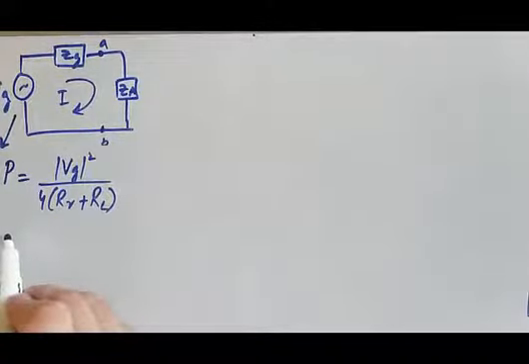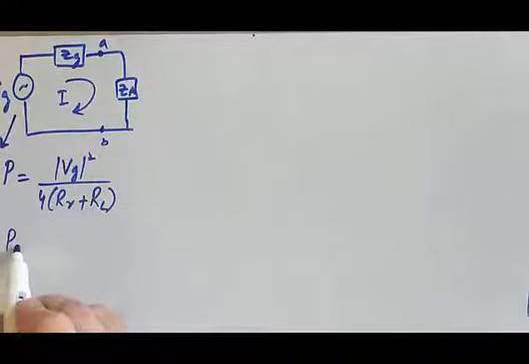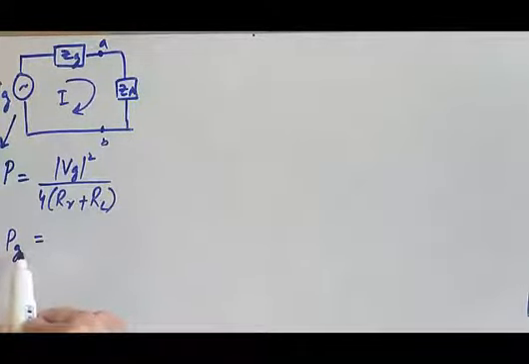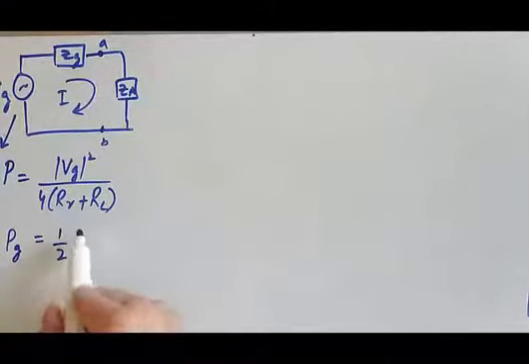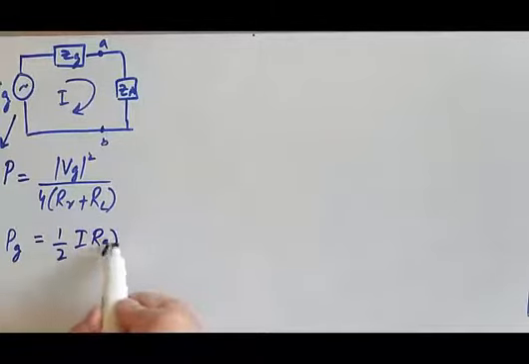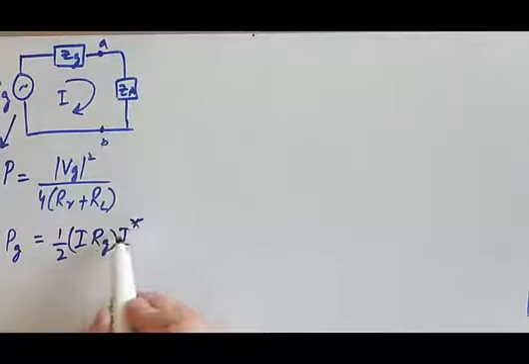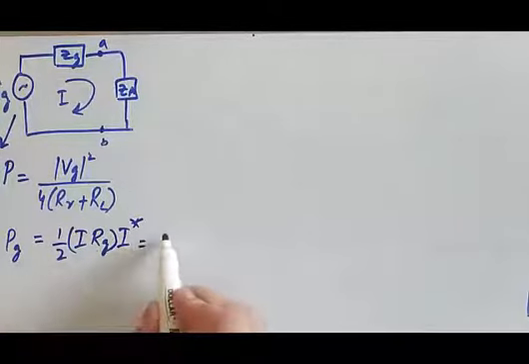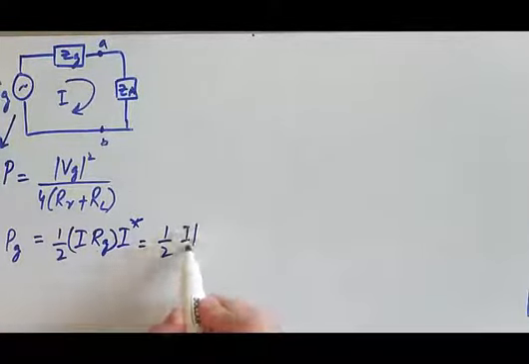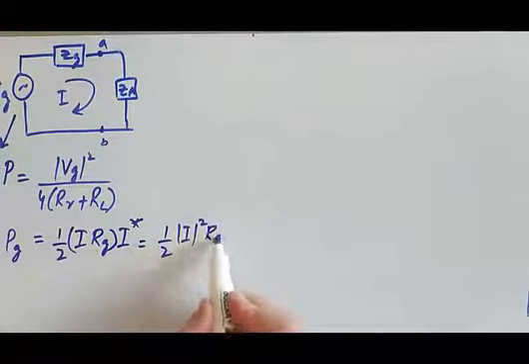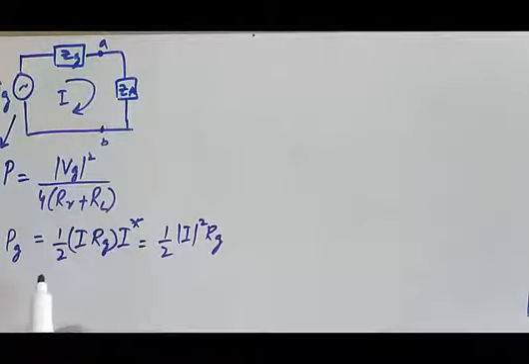And now let us focus on the power that is dissipated in the generator resistance, in fact. Let Pg denote the power dissipated in the generator resistance. So it is half I into Rg into I static, and that gives us half of I magnitude square and then Rg. And if you calculate this out, it gives you